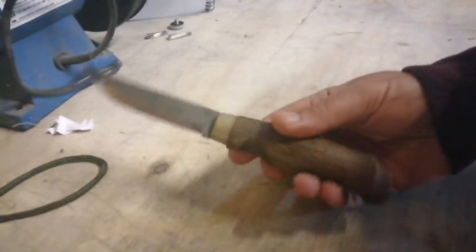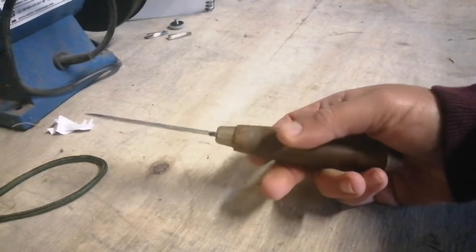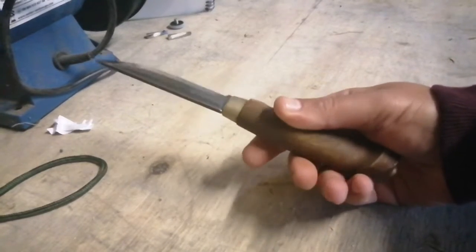As a knife, it's a great blade, and for a Puukko, this is a very inexpensive knife, so it's one that I'm quite happy to modify and give a little touch up just to make it a little bit more